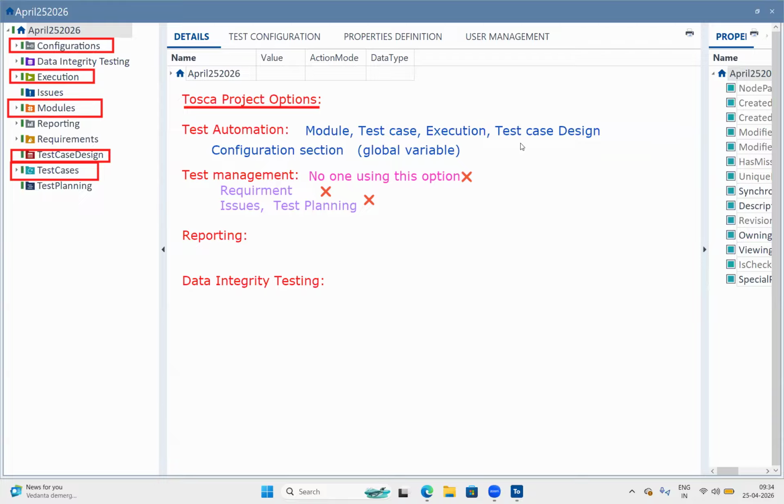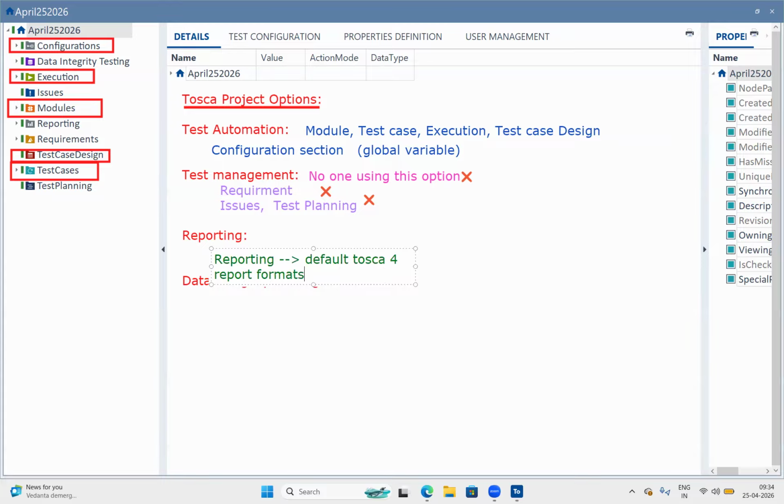The next one is the reporting section, team. We have a section with the name reporting. Here the purpose is, by default Tosca has already given 4 report formats.